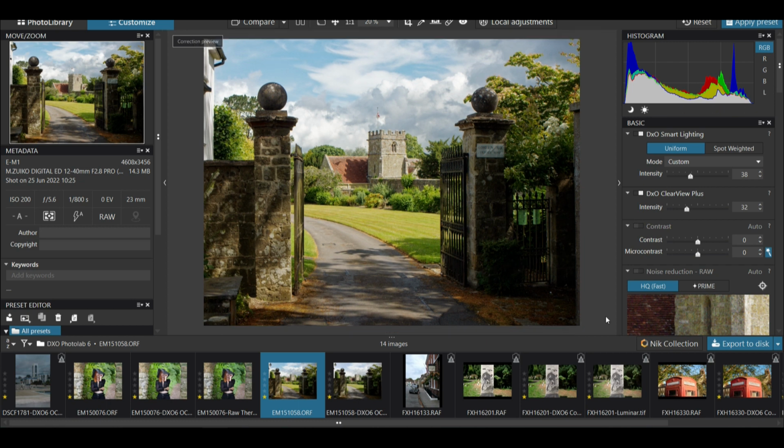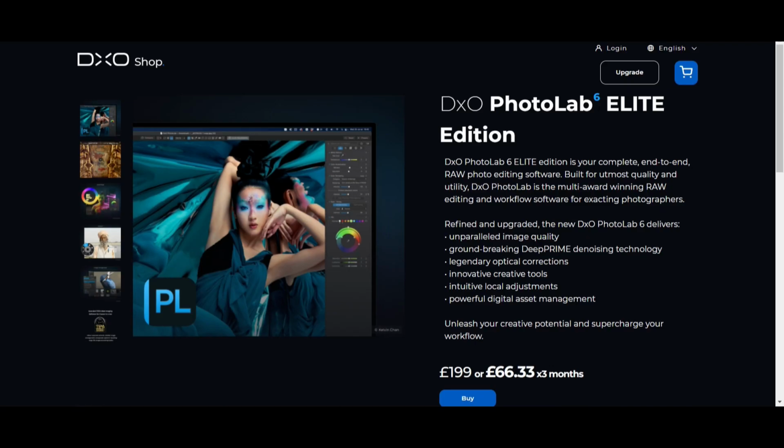One thing I don't really like about PhotoLab is that I do find it's quite an expensive piece of software. Not quite as expensive as Capture One, and you don't need to pay for a rolling subscription. Now, if you bought DxO's PhotoLab 6 Elite Edition, which you need for that DeepPRIME denoising functionality, it costs about £200. You can get it slightly cheaper when they release a Black Friday deal, normally around October time. And I probably wouldn't buy it at the moment anyway, because I'm sure they're prepping PhotoLab 7 for release,